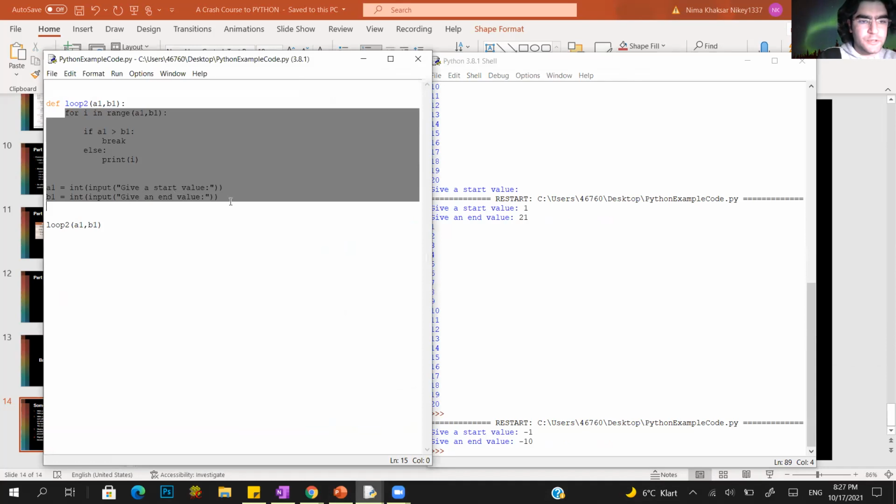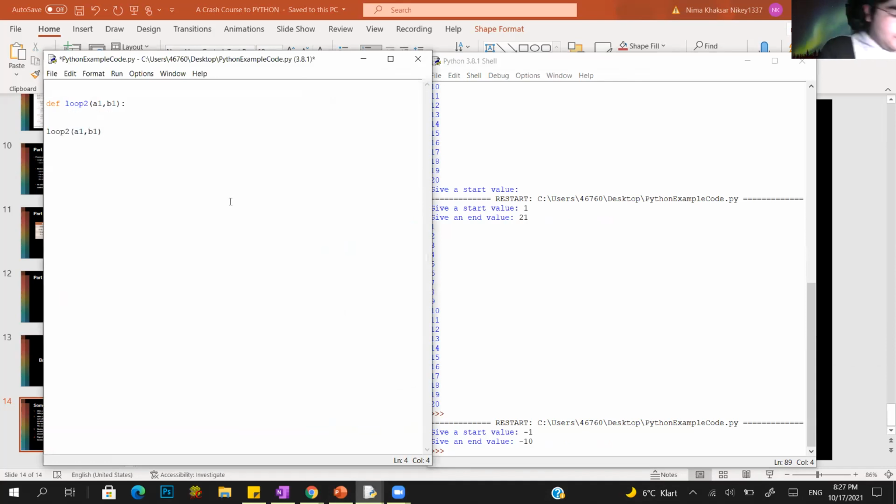This one should be, so while a1 is less or equal to b1,